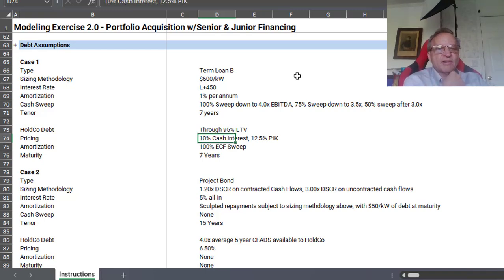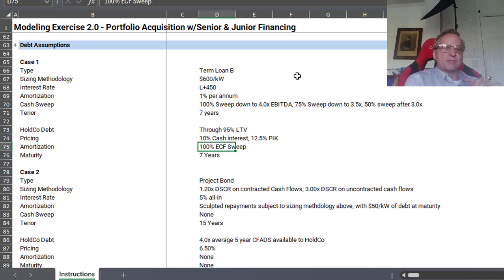And then they said, 10% cash interest, 12.5% payment in kind. And that seems interesting enough because there's a different interest rate. At first I thought, the 12% is like a premium for payment in kind, but that can't be. So what happens is if you have 100% cash sweep, then we're not going to be able to pay the interest because we have no cash flow. So the debt balance is going to accrue. And then eventually, this is very much like a holding company debt, a shareholder loan. And then eventually